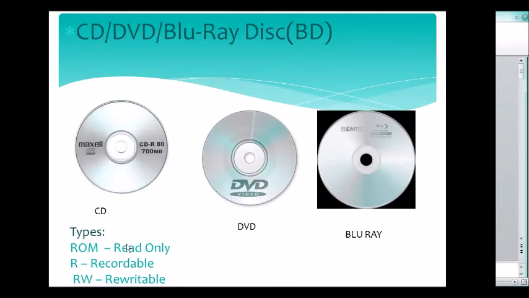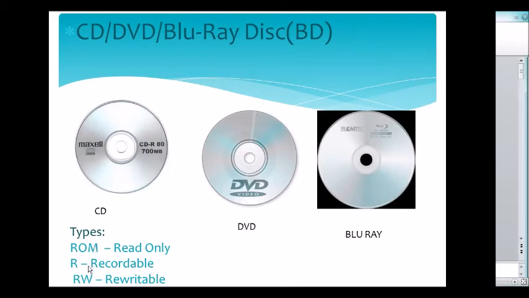We cannot copy any files into this CD, we cannot write anything into this CD, we can only read it. See, CD space is 700 MB. For example, 400 MB is used when we buy from the shop. So 300 MB space is left, it is free. But in CD-ROM type, we cannot use the 300 MB space.